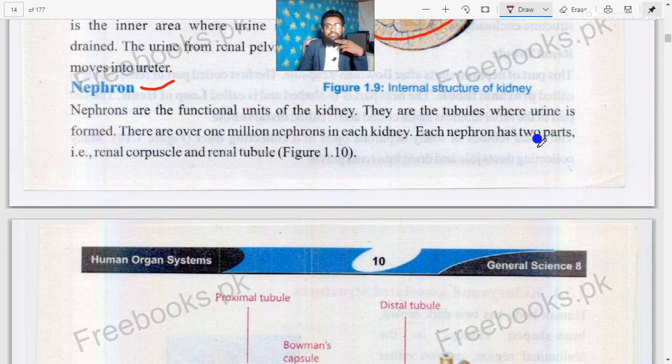Each nephron has two parts. These are the main parts of the nephron: number one is the renal corpuscle, and second is the renal tubule. Dear cadets,